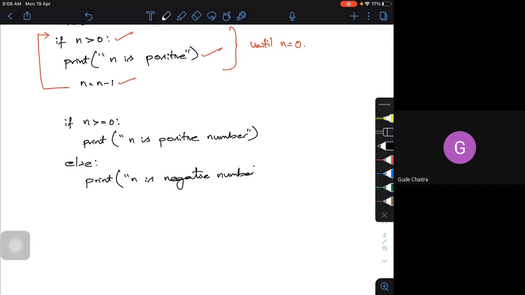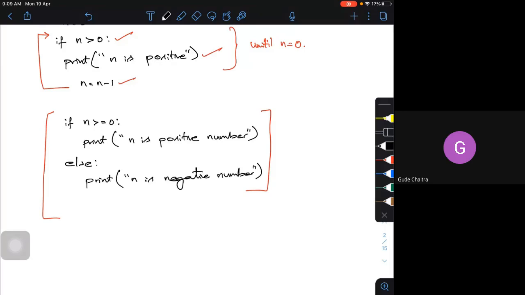This is a simple thing I'm trying to do. Depending upon the value of n, you can input the value of n. What I am trying to show is just a condition here. I have not input the value of n, but you can give it as a terminal input.